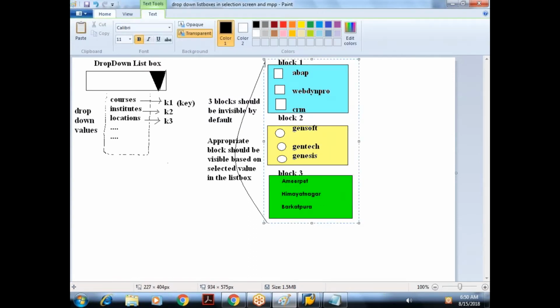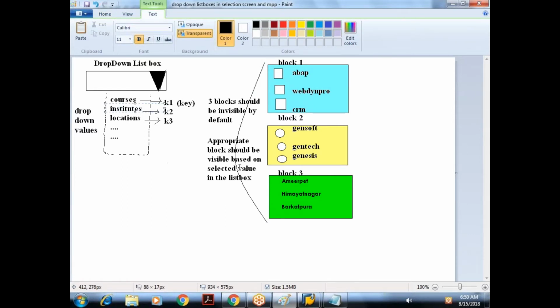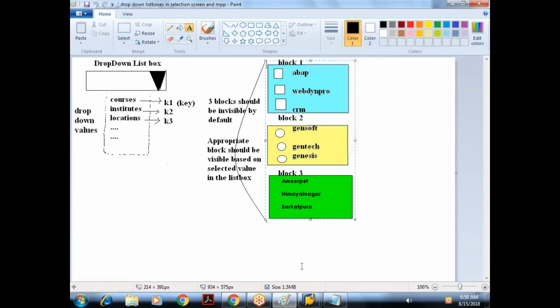At runtime, when I select a value, for example institutes, the institutes block should be made visible depending on the selected value. If I select courses, the courses block should be made visible. If I select locations, the locations block should be made visible. Initially all three blocks are invisible.